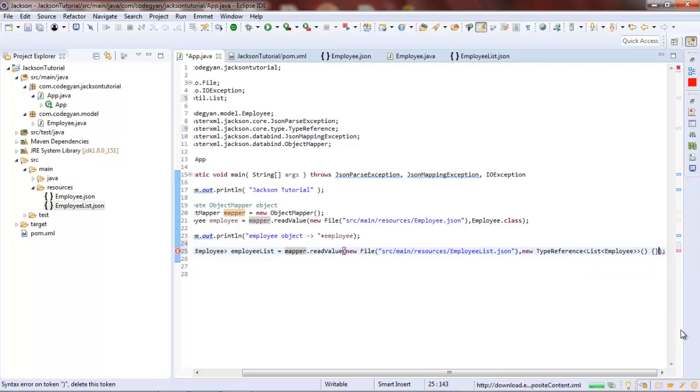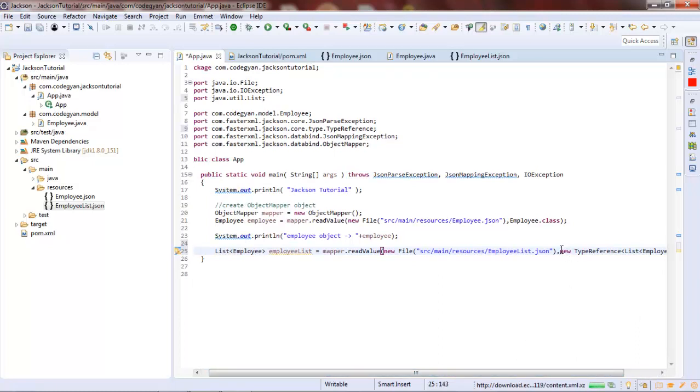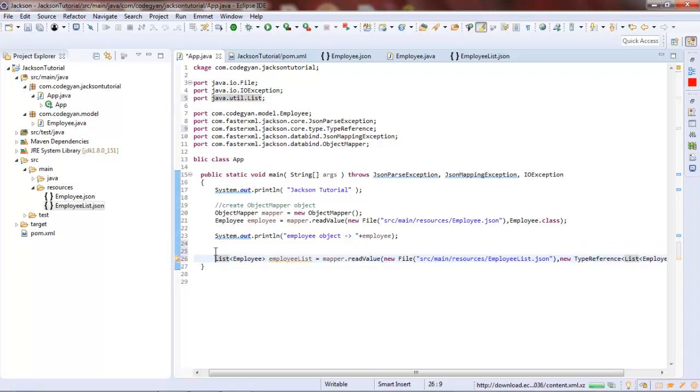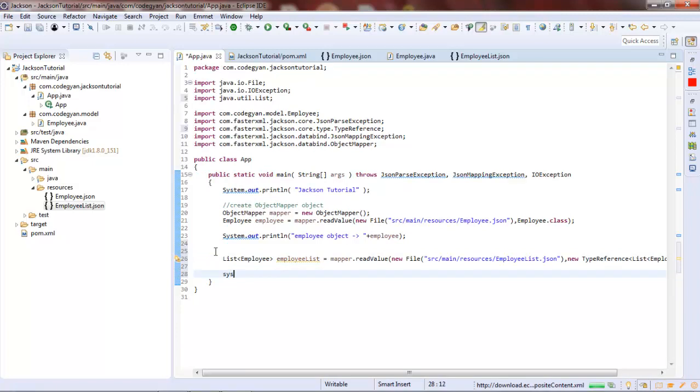There is one extra bracket over here, so I will remove that. Let's print our employee list also.